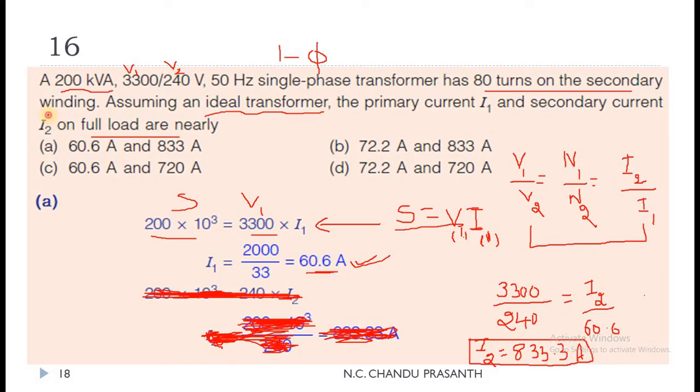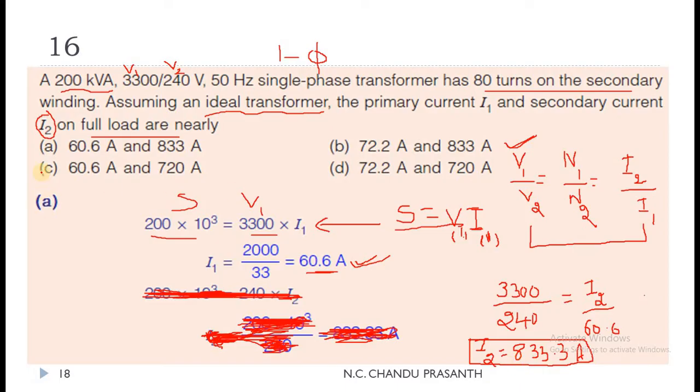What we have to find out next? I2 value. For that purpose, we are considering one relation: V1 by V2 equal to N1 by N2 equal to I2 by I1. We have this relation in a transformer. By equalizing V1 by V2 equal to I2 by I1, V1 and V2 are already mentioned, and I1 we can already get from this value. On substituting all these values, we can get I2 equal to